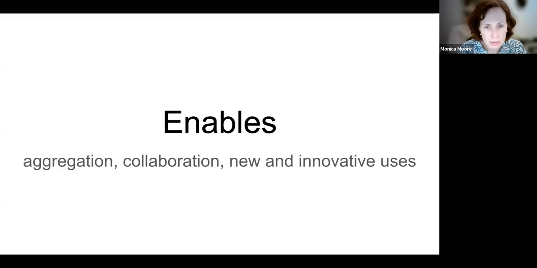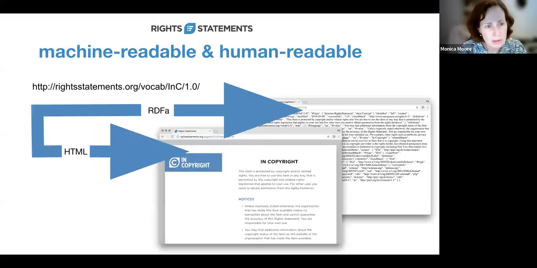So if we go to the next slide, I can talk a little bit more specifically about what I mean by this enabling, which is really about getting us out of the platform that all these items might be in, the particular digital library, and making them scalable, shareable, interoperable, because we have, in addition to this, as you've seen, human readable text of the rights statement, we have a machine readable version of it as well, which allows for that harvesting, that interoperability and movement and sharing between platforms, which is really pretty powerful.